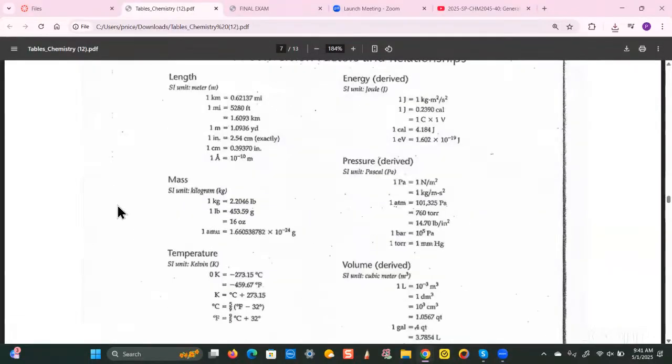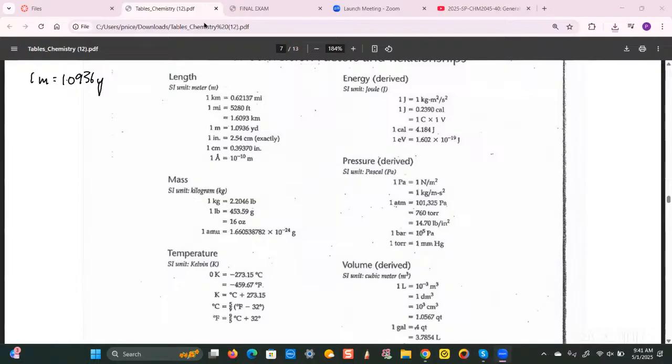Okay. So 1 meter is equal to, let me write this down before I forget, 1 meter is equal to 1.0936 yards. All right, so that's the relationship that we'll be using. So let me go back to the